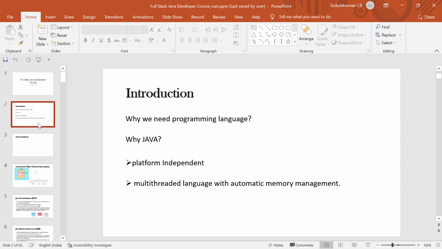It is a set of instructions. Java is one among them. There are so many programming languages available in the market. You might have got a chance to work with one of them. In your college days or school days, you would have learned about C++ or some other programming language. You may have got a chance, or you may not have. If so, you may have some basic idea.